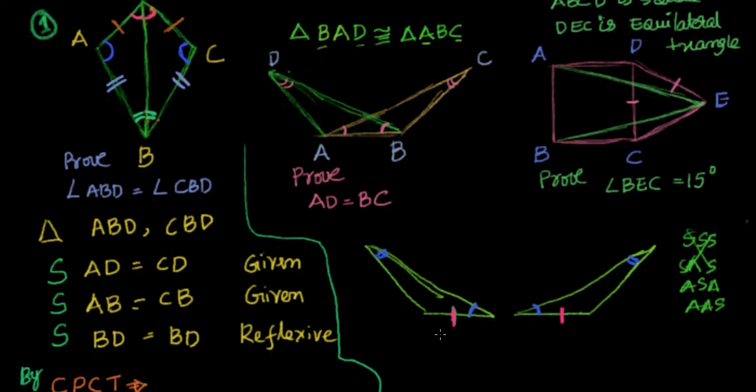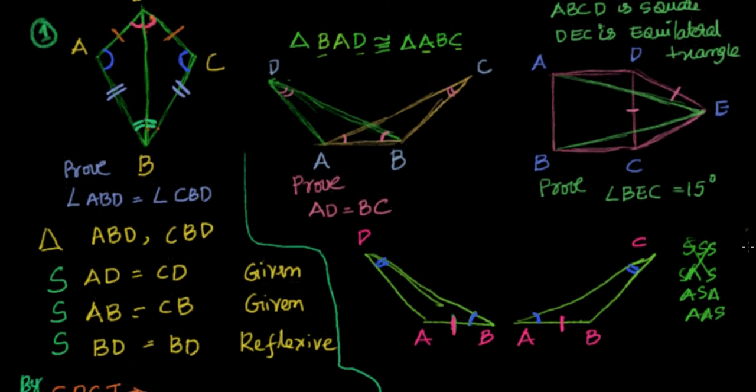Now this is very simple, right? I have just moved them apart and seen how they are. Now see here, this is B, and this is D. You know that this is equal to C. This is nothing but equal to A. This is B. Now you can understand clearly why I have written BAD equal to ABC.